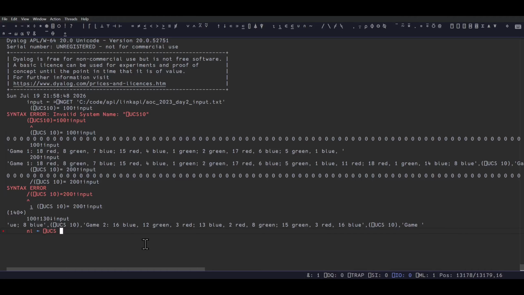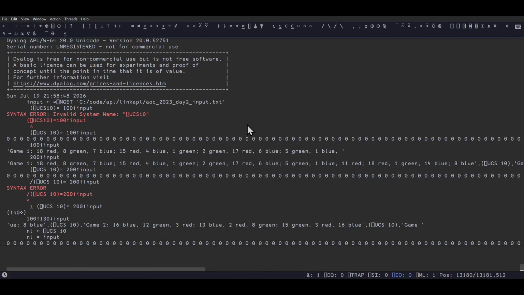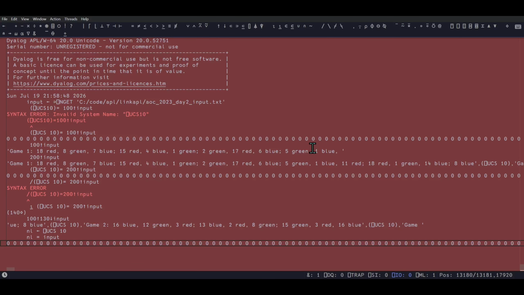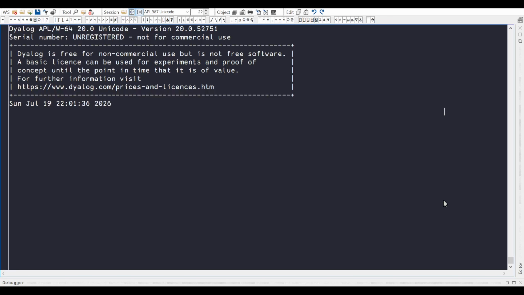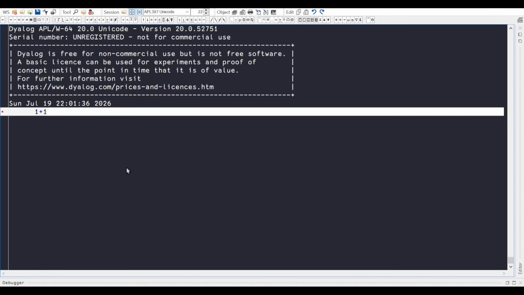Quad UCS 10, right? Good. Now new line equals input. Okay, no spaces needed, but no, sys error code 213. Okay. One second. Maybe if I don't do it in RIDE and I do it in the main session, that'll be fine. Hold on. Okay, now I'm in regular Dyalog with the Windows IDE, I'm told. So hitting Control Shift Backspace. No, okay, we'll just punch in there ourselves. Input equals, oh, there's no, okay. I was told that there was a backtick equivalent thing here, but I don't know if it's actually here.